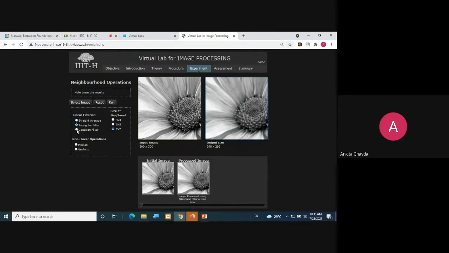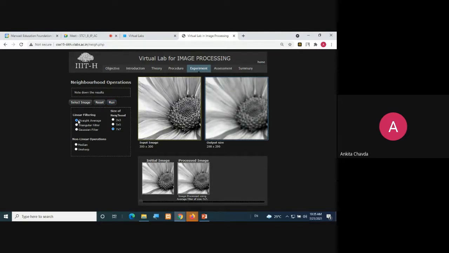The same you can try with the Gaussian. Gaussian 3 cross 3, very good results, you can say. Almost very good. 5 cross 5, of course, it would be blurred. 7 cross 7 also it is blurred, right? Have you seen the result?